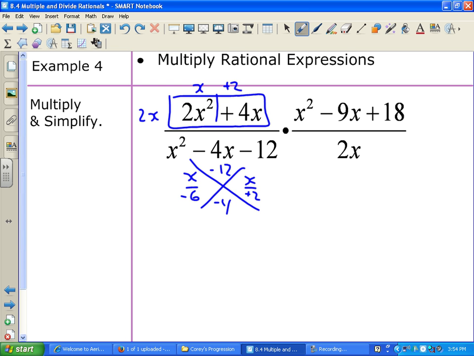Next up, factoring the top right. X squared minus 9x plus 18. That's positive 18 and negative 9. X over,